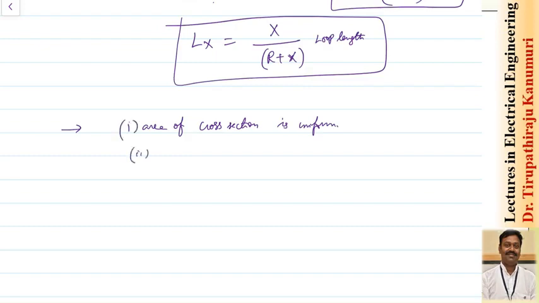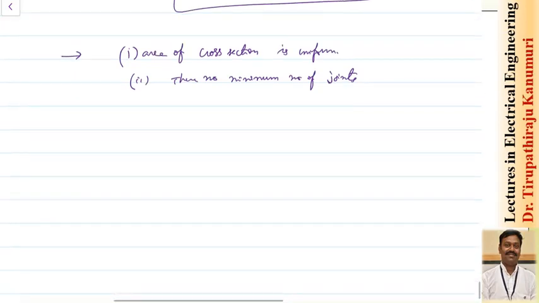And the second one, there should be a minimum number of joints in the cable. Because whenever the cable jointing is done, the resistance will increase. So we are assuming that the resistance is uniform, but that is wrong because at the joint the net series resistance will be more than what we actually assumed. So whatever value we calculate will give a rough value, not the exact location of the fault, if more joints are involved. This is the second one.